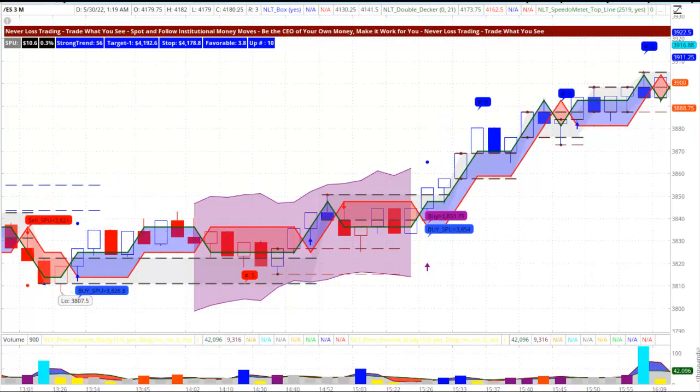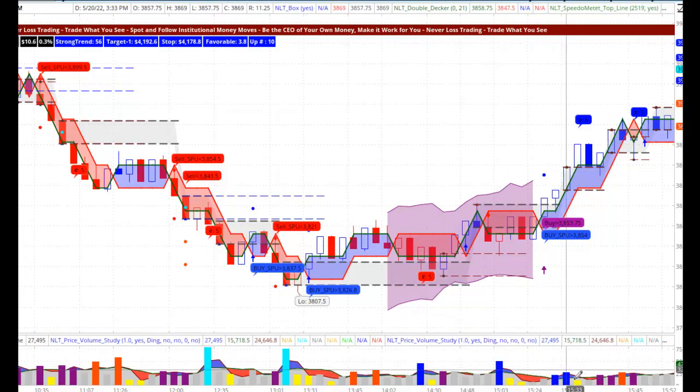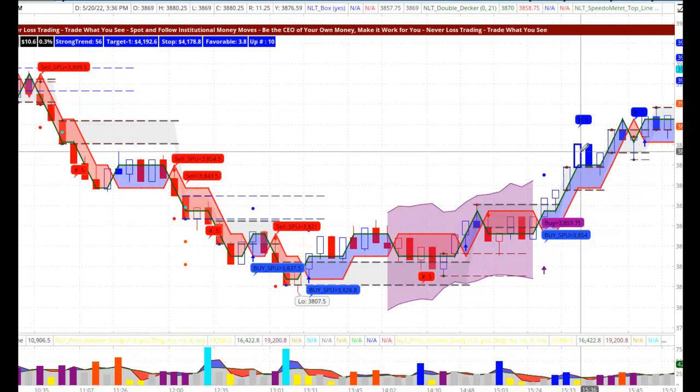Let's add it up. May 20 was a solid trading day. 4 trading opportunities, 4 were winners. What we try to demonstrate here is to trade less frequently as a retail trader, but at key price turning points, rule-based, mechanical, clear entry, clear exit, clear stop. The opportunities of May 20 were solid between 10:35 in the morning and ended the day at about 15:36, 3:36